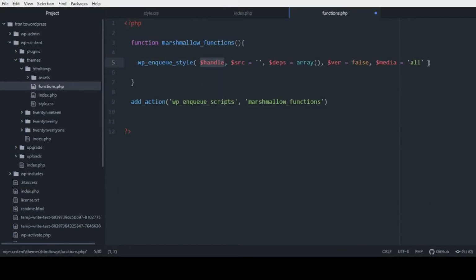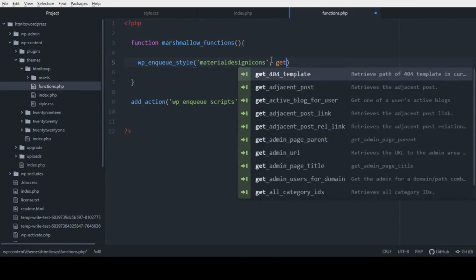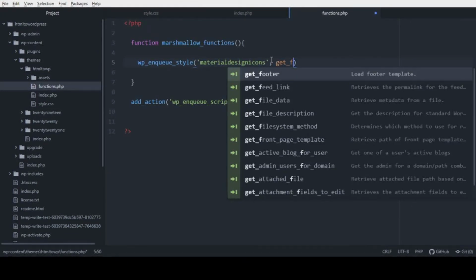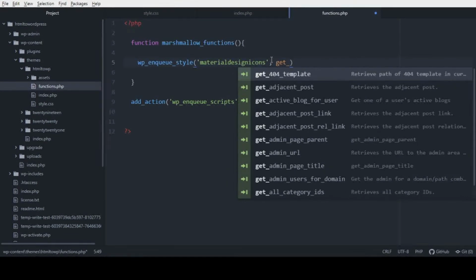This is how you can enqueue a style sheet, CSS. Handle, this is the name, source, dependency, where we're going to add the style sheet. The handle, I mean the name, will be icon, and there is a WordPress function,